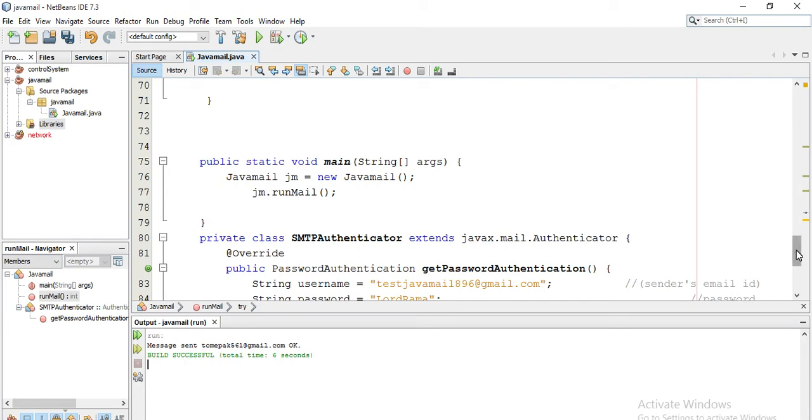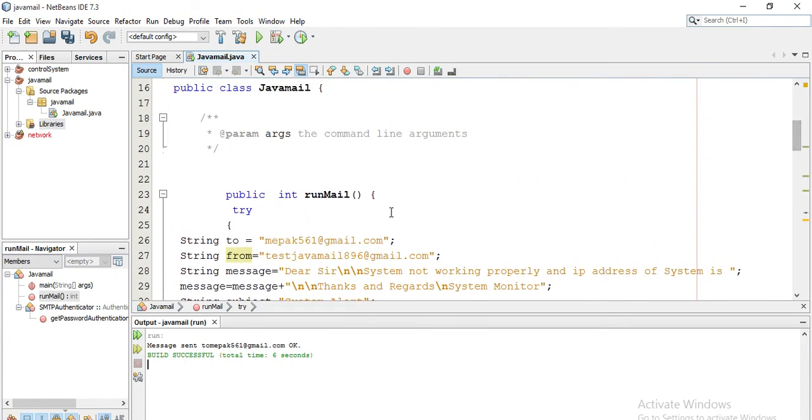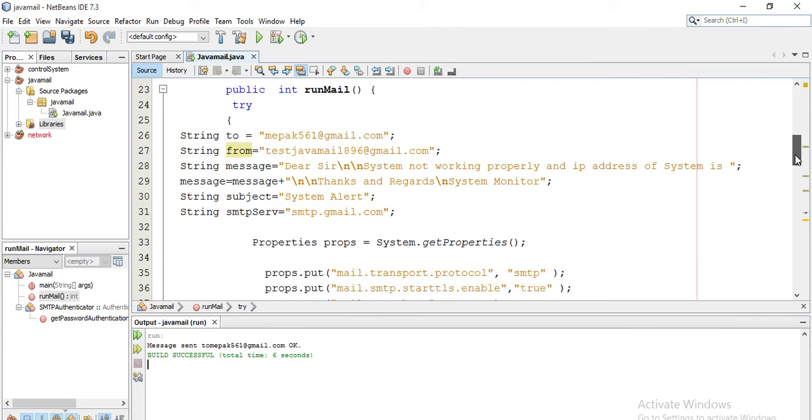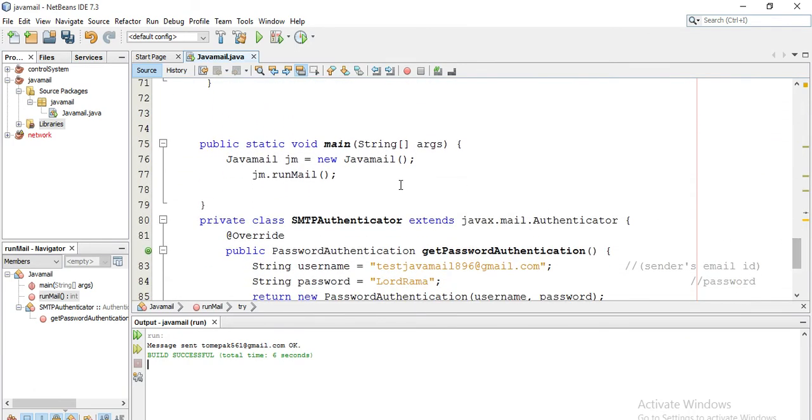It is going to call this and execute all the things that we have written here. So your program starts from the main method, calls this function, and runs.